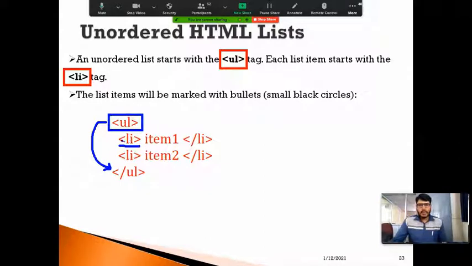This is the opening tag of the list item, and this is the closing tag. Within these tags, we can specify the item name. You can specify any kind of item name, so that will be listed. We can specify n number of list items by using the Li tag. And at last I need to close the UL tag here. So this is how we can implement an unordered list.